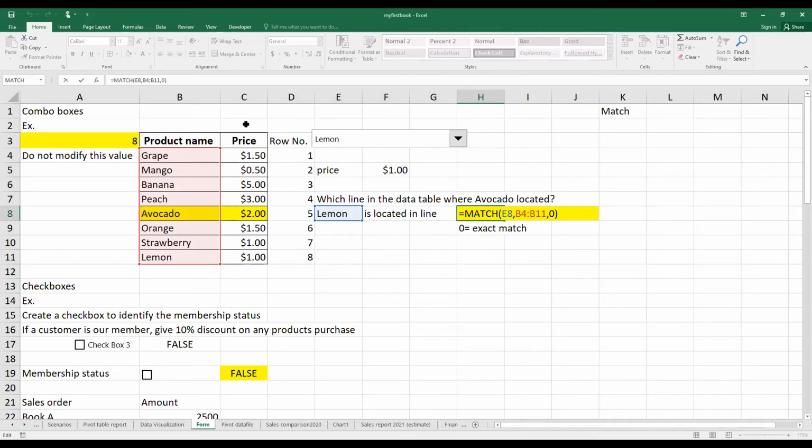This is the one that we use whenever we would like to know the line number, because if you use the index function you need to know the row number, and if you don't know the row number you would like Excel to count the row number for you automatically. We will use the match function to help. So in this example, I will upload the file that we use today for the example of the match function for you as well,